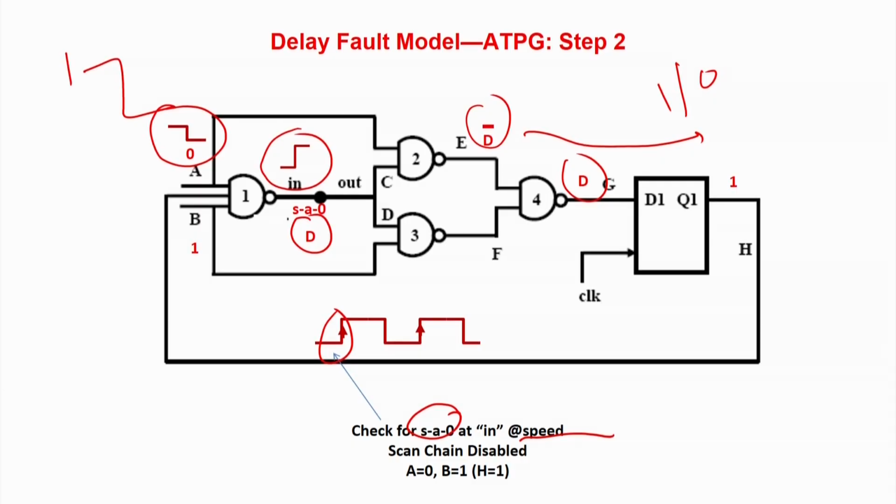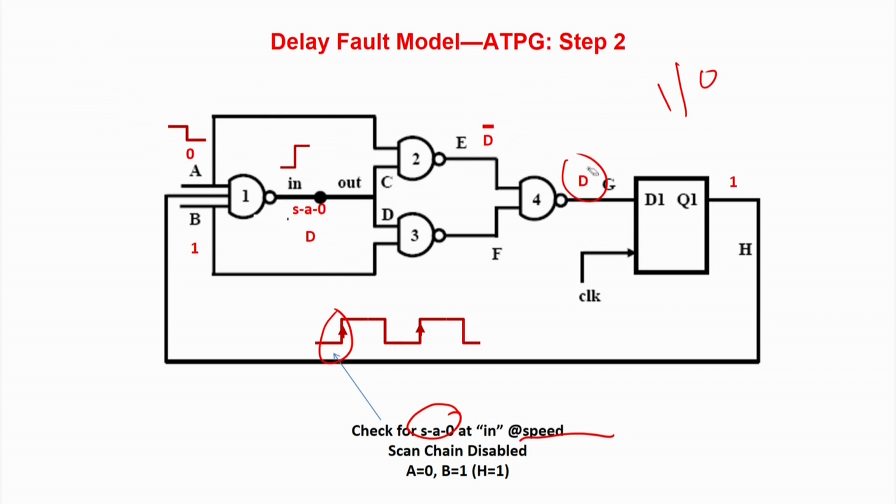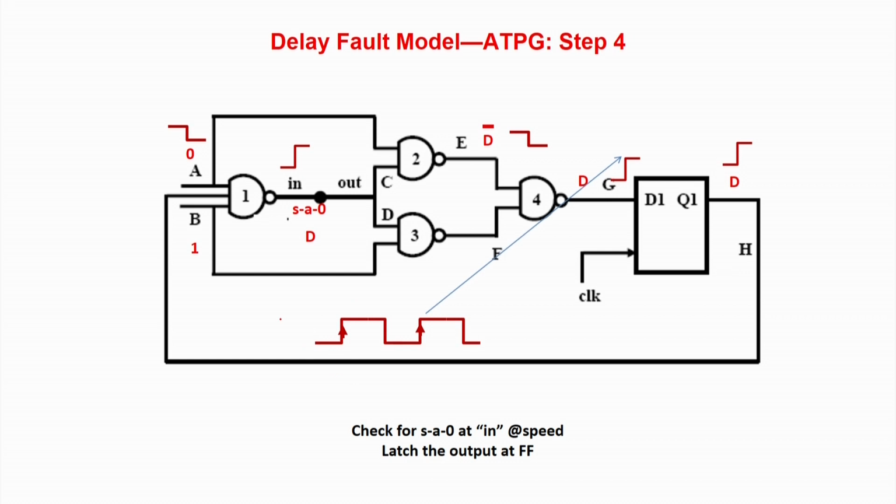So let me just remove the writing from the slide so that it becomes clear. So that is the case, and at this clock edge all this stuff is happening. Next, what happens? If everything is proper, by the next clock edge you are going to get the value of a 1. It is very fast, so it will go from 0 to 1. From here, it will fall from 1 to 0, and again it should come over here, and in fact you should get this rise over here. So in the second clock edge, if it's an AND gate, I should get a 1